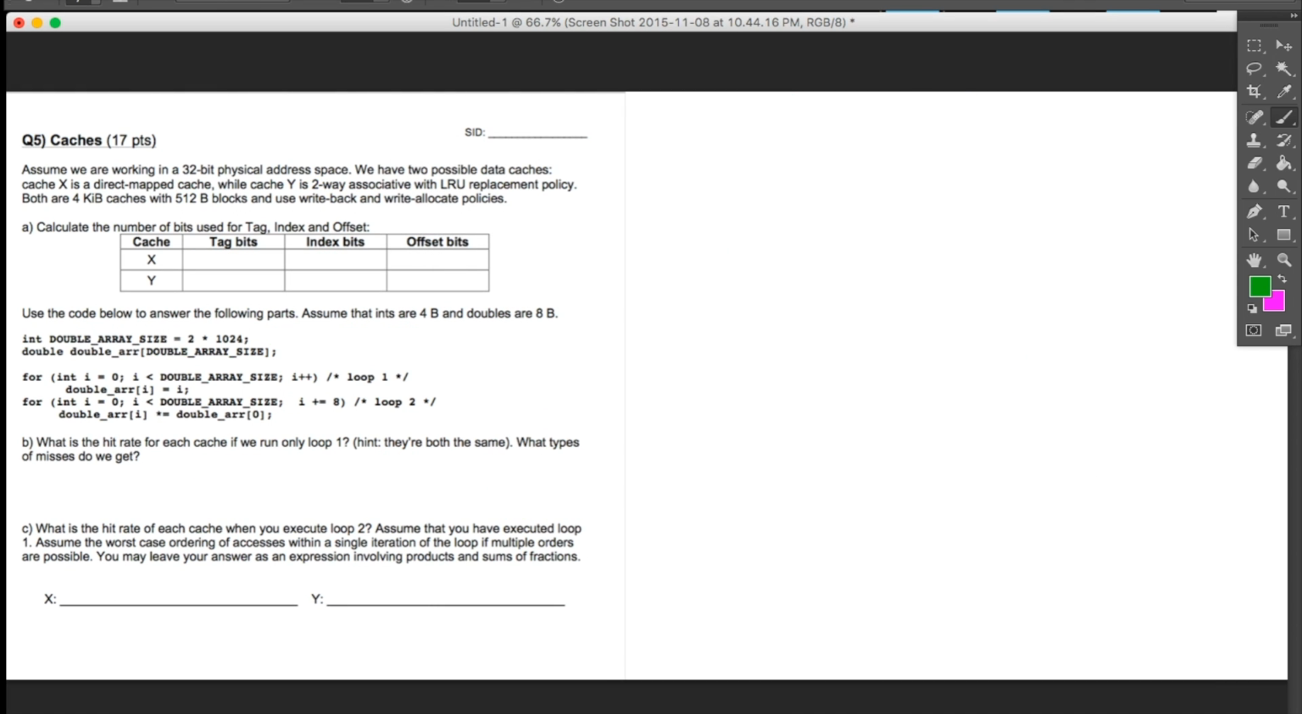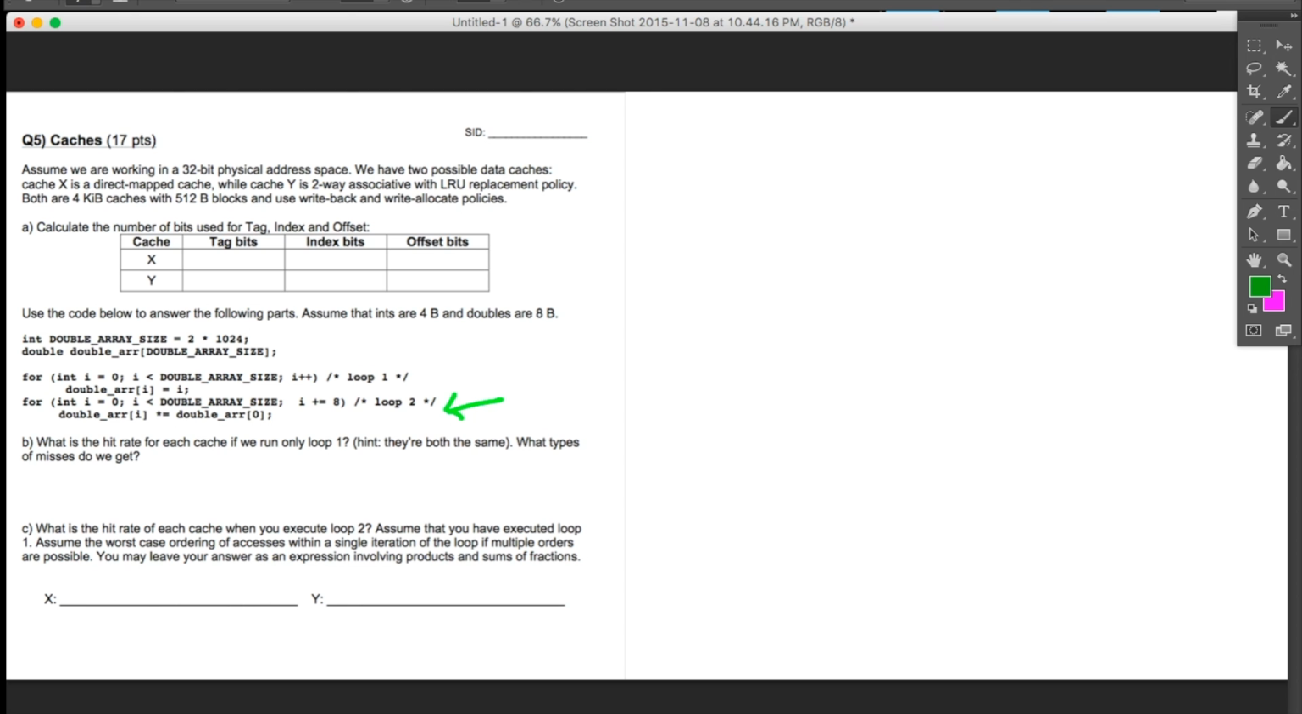Okay, so going to question C, this is where things get a little bit more difficult. We're asked what is the hit rate of each cache when you execute loop 2, so just loop 2. At the same time, we're asked to consider the worst case ordering of accesses. If you remember from lecture, the worst case is typically something that has to do with the ping pong